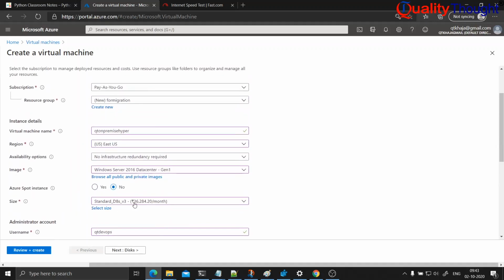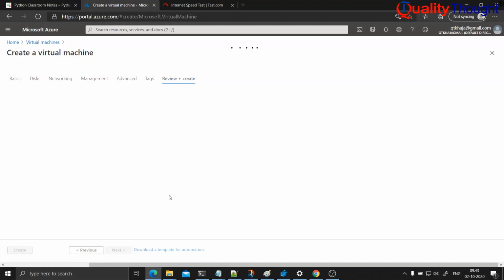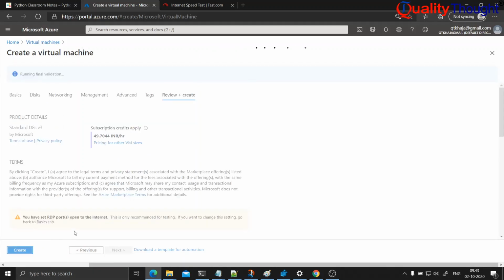Rest of the settings I'm okay with default. Let me click on review and create. So this is what I had, and then let me click on create.